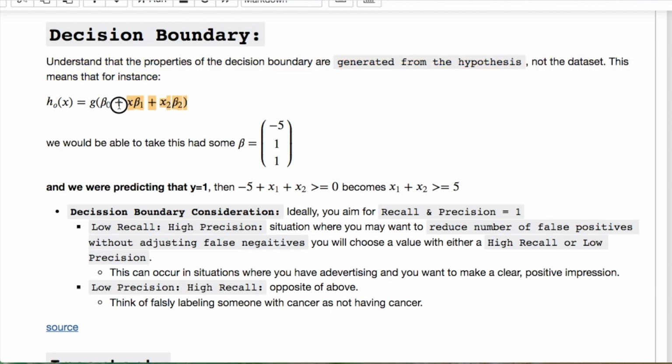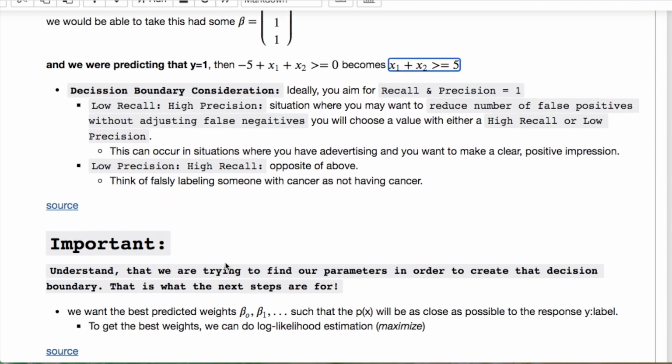We create this hypothesis suggesting that our data form this kind of function. These are the parameters. For instance, these may be the parameters that we find that work out to something like this. And so then there you would say that your parameters fall within this range. The decision boundary has some particular behavior.